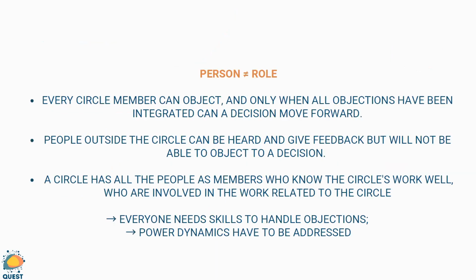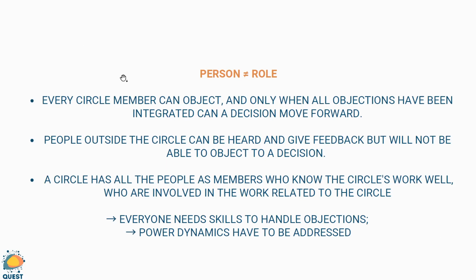So it's important again to remember that a person is not a role in sociocracy. So a student in a circle is not talking just about herself or himself. It's about talking about their role in the circle. So their role as a student, or it might be in another circle, where they might take another responsibility. So it's not talking about what he or she likes, but really about what the role is. So the role is really important to clarify.